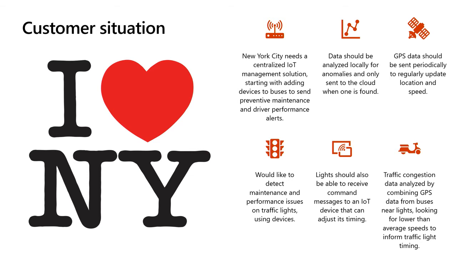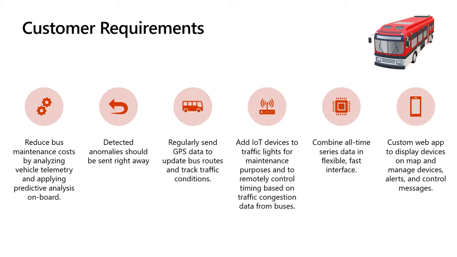Now, another goal of this system would be to keep this traffic light system up to date. They want to use the same IoT edge devices that are on the traffic lights to issue the update commands to the traffic light system. Later in the session, we are going to discuss the challenges they see when doing that. And finally, using all this data combined together, they want to analyze the traffic congestion near lights from the data they receive from the traffic lights, buses, and the GPS data as well. This is the whole scenario that we are going to discuss.